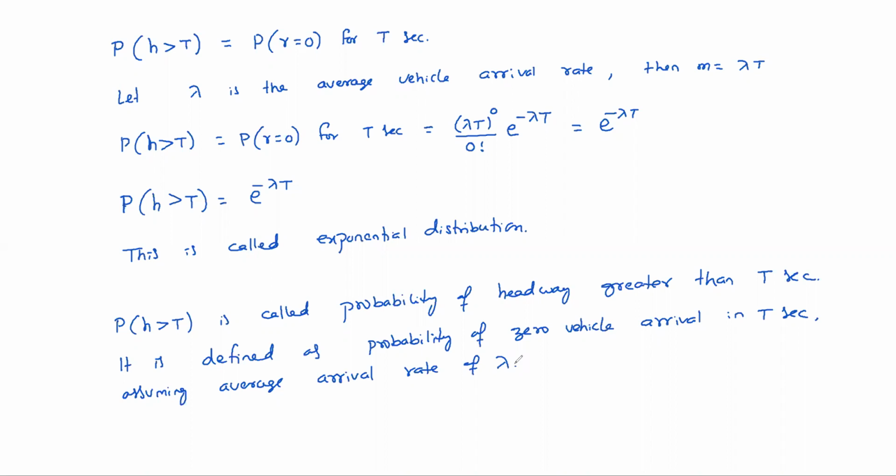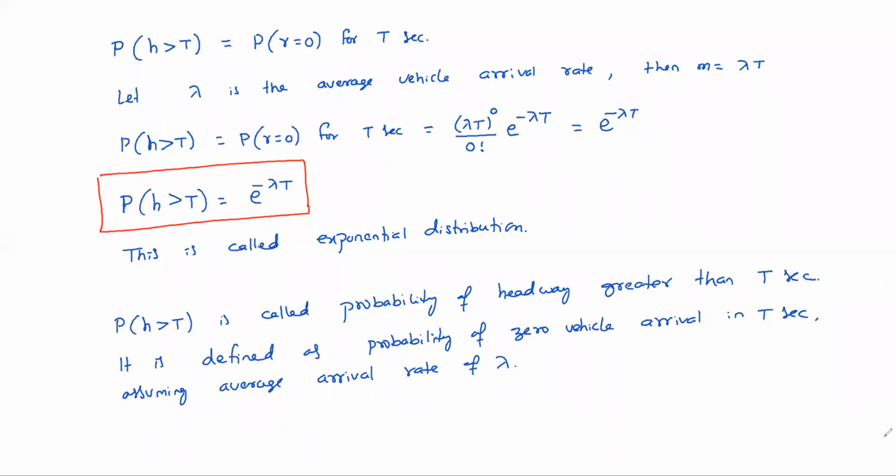So zero vehicle arrival is nothing but defined as P of h greater than t, that is probability of headway greater than t. That's why this one you need to remember, probability of h greater than t seconds is nothing but e power minus lambda t. It is an exponentially decreasing curve, that's why it is called exponential distribution. Okay,